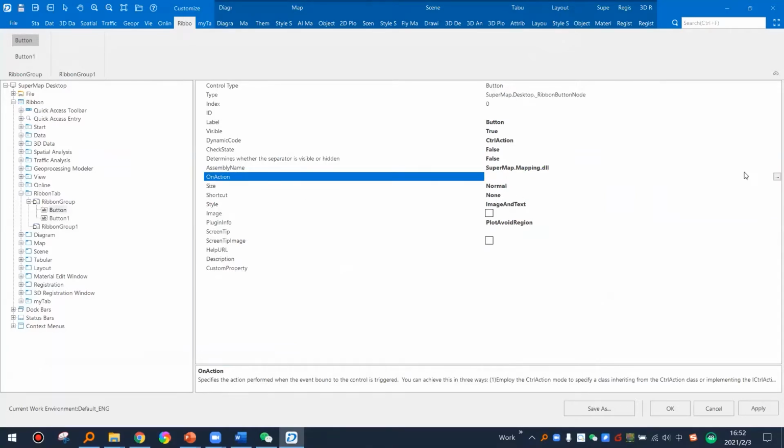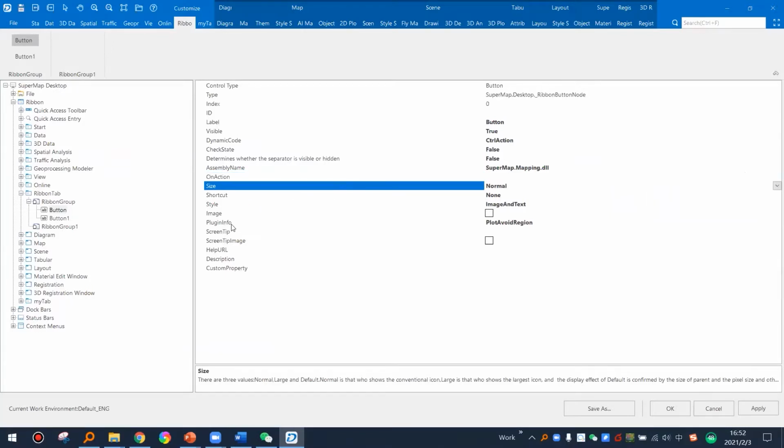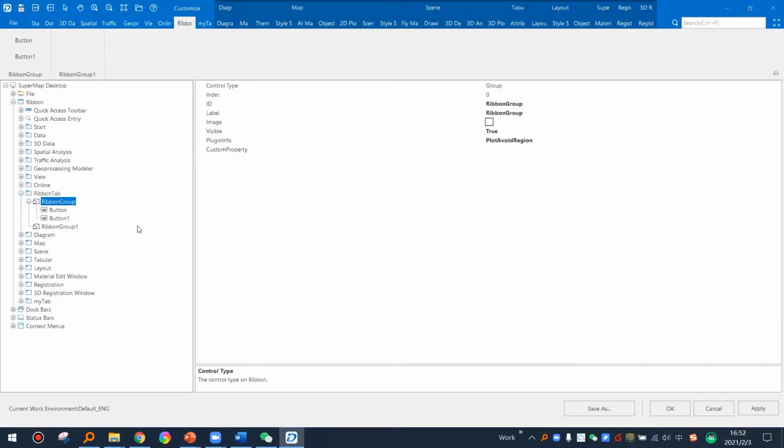Later I will show you how to create your own function, and then you can select your own DLL here. Other parameters just set some image of the button, and set some ID or index. After that,